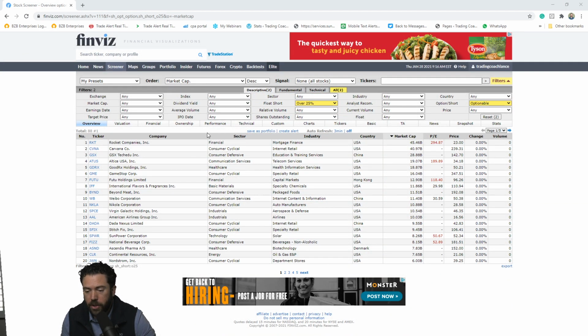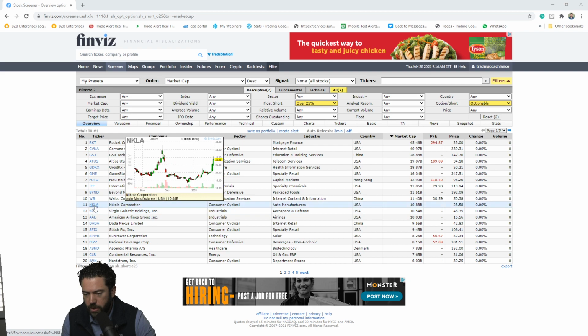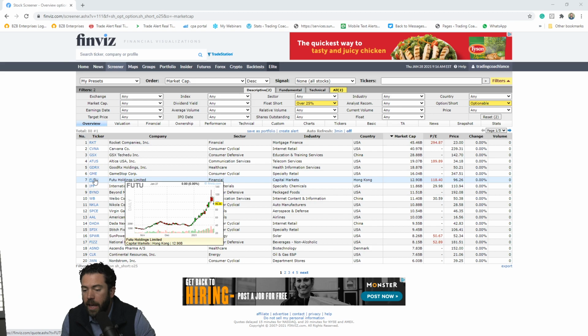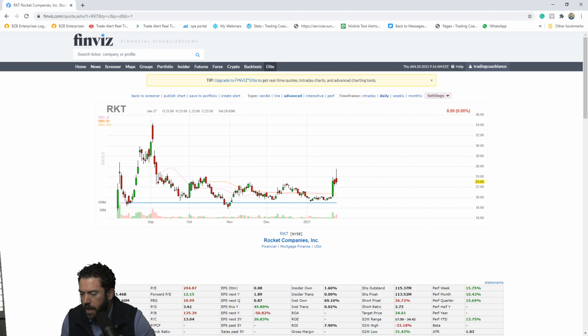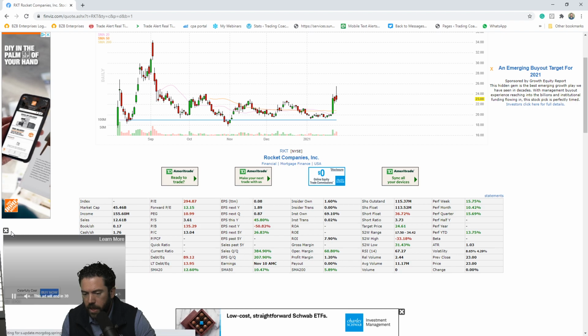Now, the next thing you want to do is look at these names. If you hover over them, you can see the chart like Virgin Galactic, Nikola, WB, Beyond Meat, and such like that to give you an idea. And if you click on it, so let's click on actually Rocket Companies, mortgage name. And if you click on it, again, pardon the ads, it will actually give you